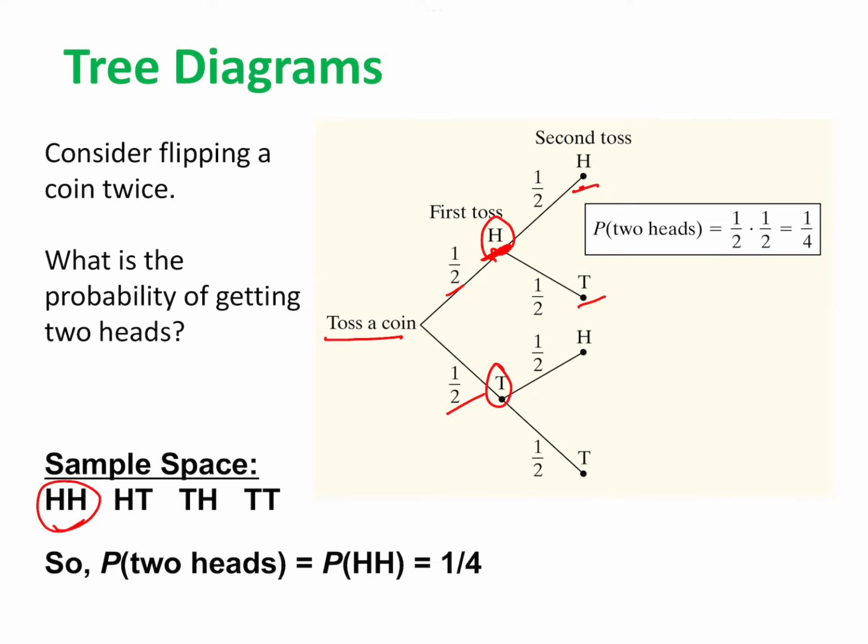So then when you want the probability of 2 heads using your tree diagram, the first head right here, the probability was 1/2. And then to get my second head right here, the probability was 1/2. I multiply them together and I get 1/4. So both those are logical ways to get it, but when we get into more complicated things, the tree diagrams are going to be much more useful for us. For example,